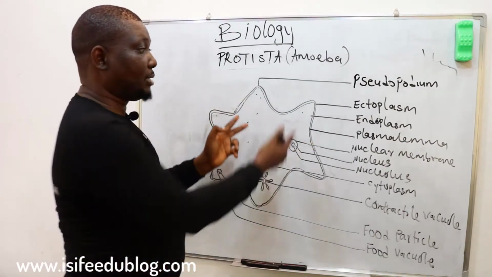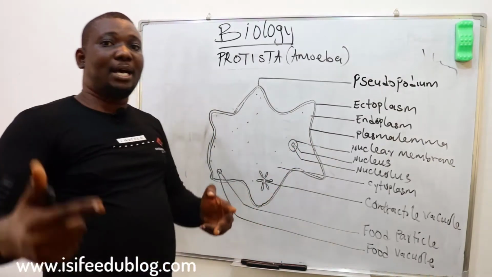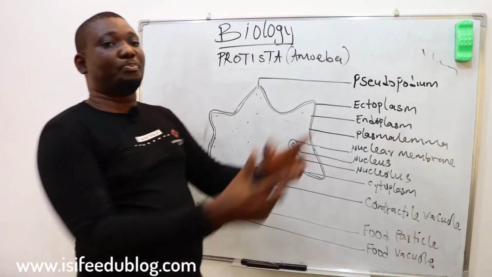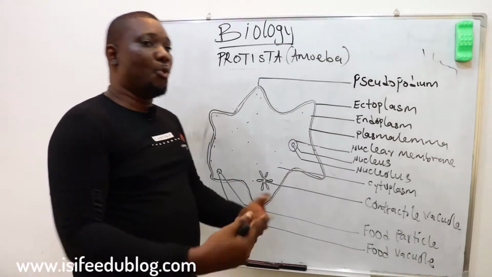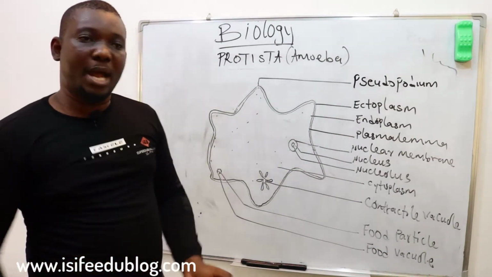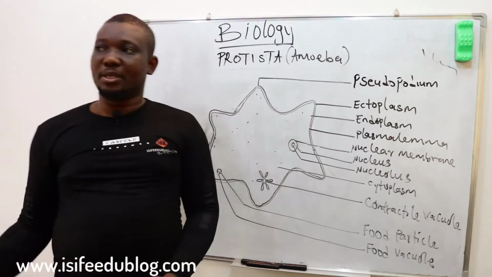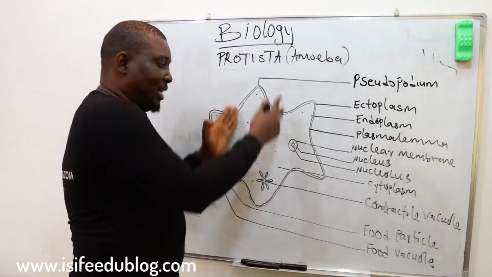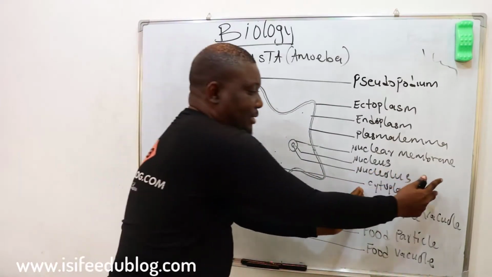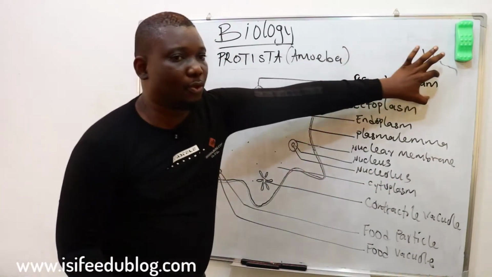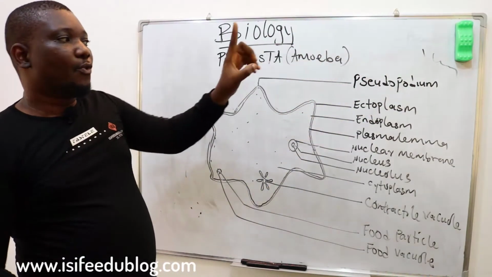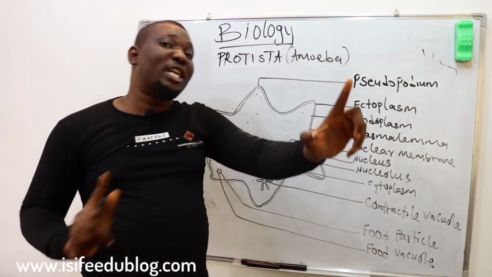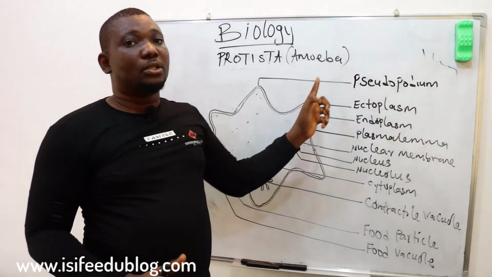One thing you must know about animals is that what differentiates animals from plants is that animals can move from one place to another, but plants cannot locomote. Plants can stay in one place and change direction. But in this case, this organism can leave this particular location for the next because organs of locomotion are there, which aid them to locomote, either to run away from danger or in search of food.